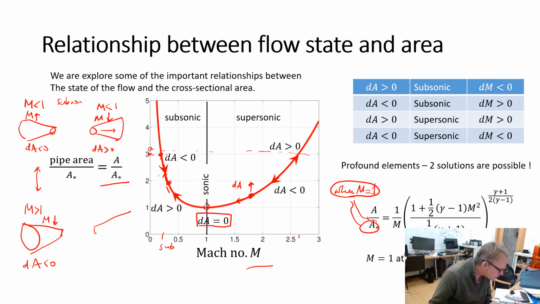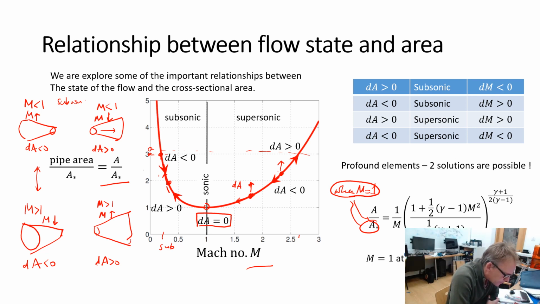And the reverse, if we expand the flow, so now dA is positive, M is bigger than 1, what happens? So we're on this curve here, A is increasing, so A increasing is going up, and so what happens in this case is the Mach number goes up. So once the Mach number is supersonic and we expand the flow, what will happen is that the Mach number